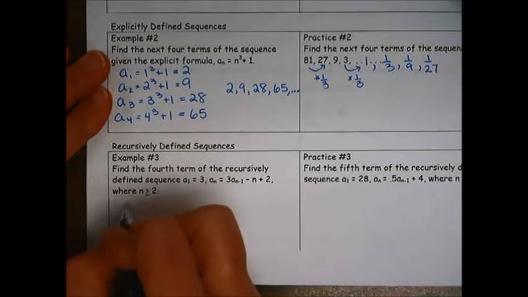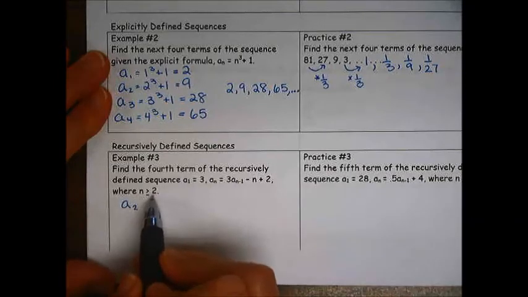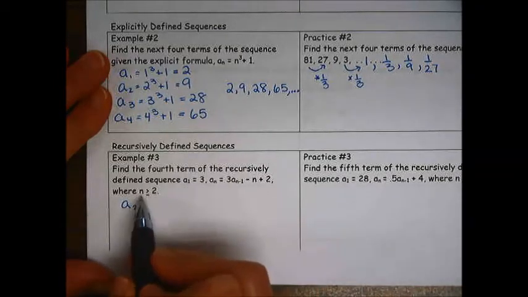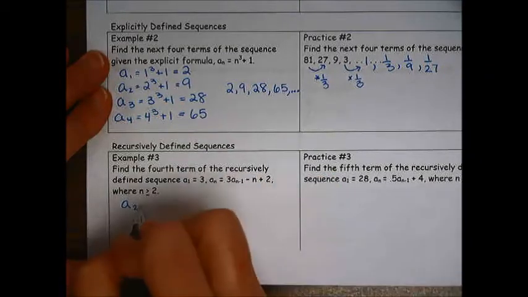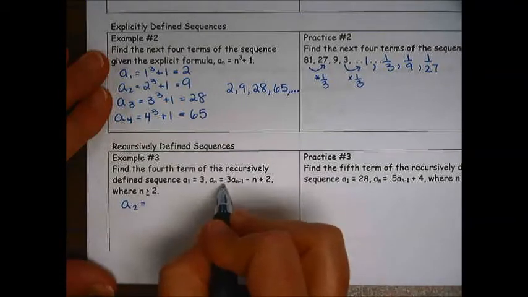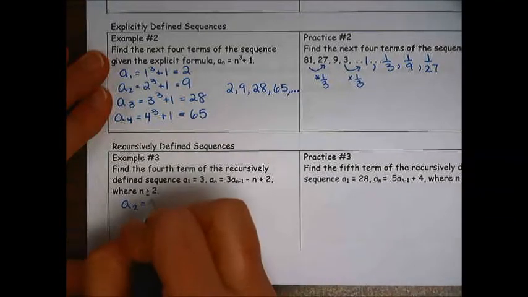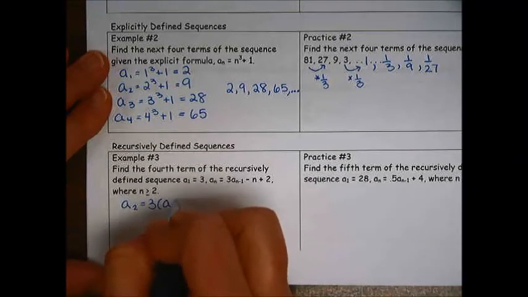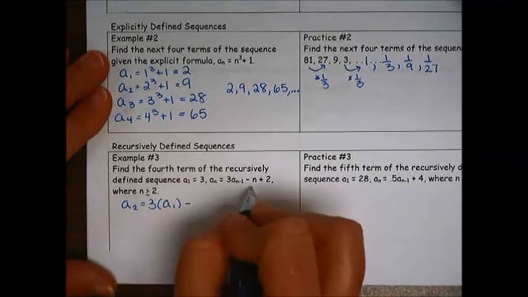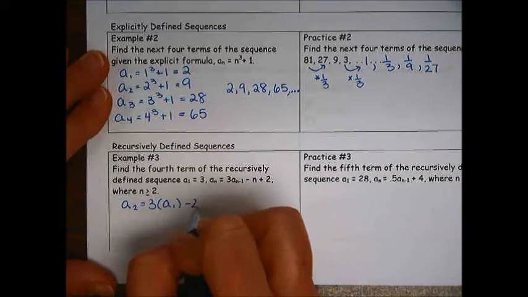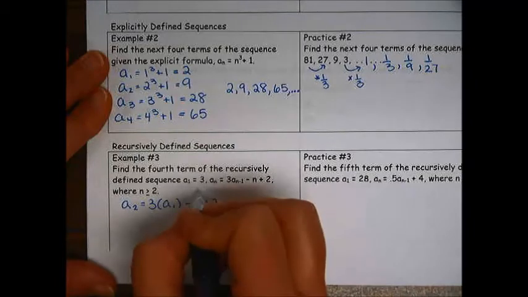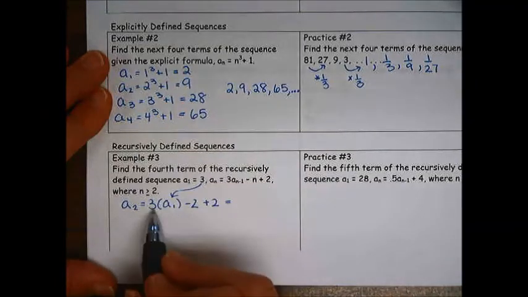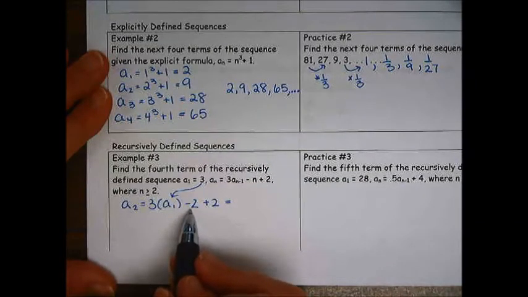So if I want to find the second term, I have the first term, so the first term I can use a formula to find is the second term, and that's why n has to be greater than or equal to 2 to use this formula. So if n is 2, it says 3 times the previous term, so 3 times the first term, minus n, and n would be 2, plus 2. And my first term is equal to 3, so 3 times 3 is 9, minus 2 is 7, plus 2